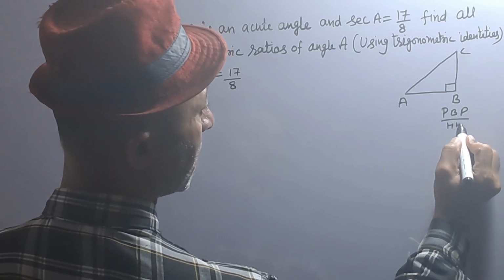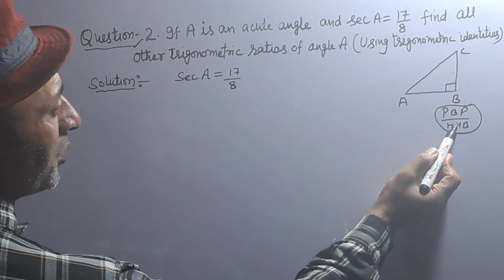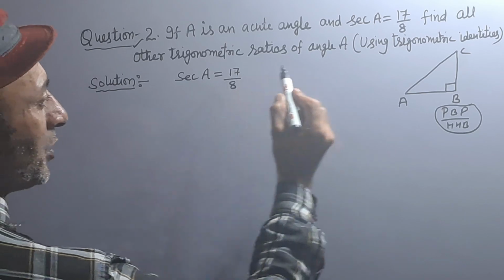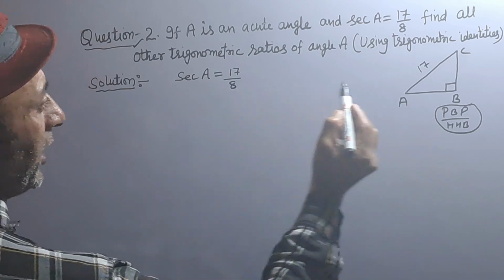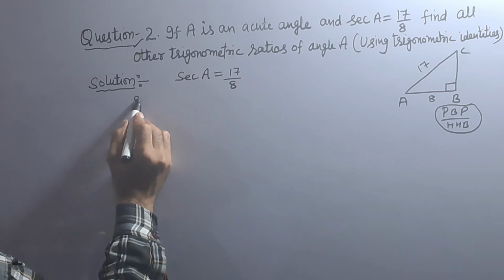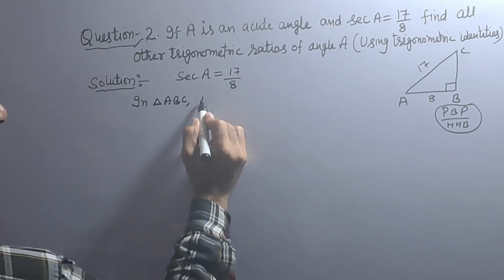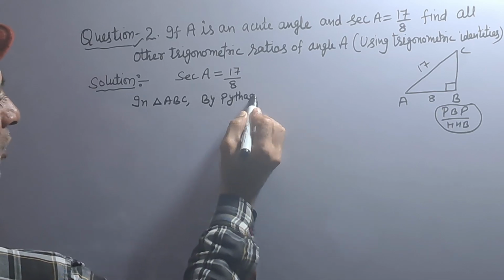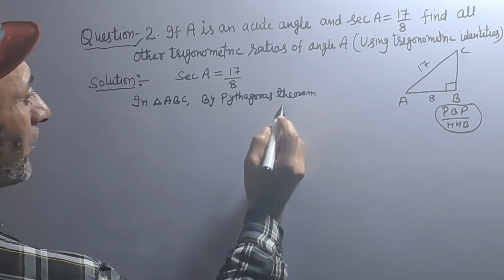Perpendicular over hypotenuse, base over hypotenuse. Hypotenuse upon base is equal to secant A. Hypotenuse is 17 and base is 8. In triangle ABC, by Pythagoras theorem,